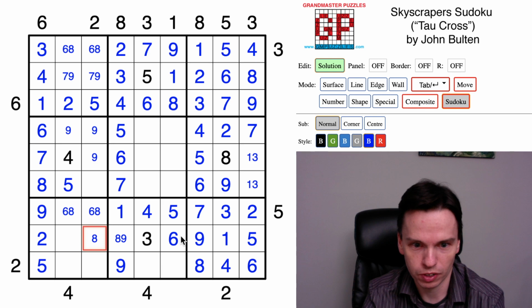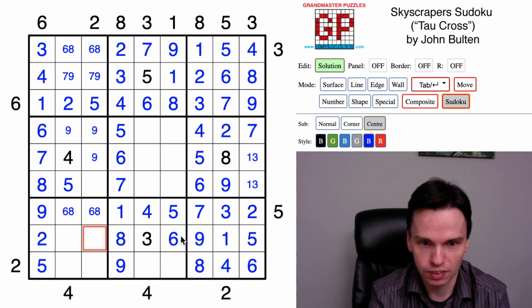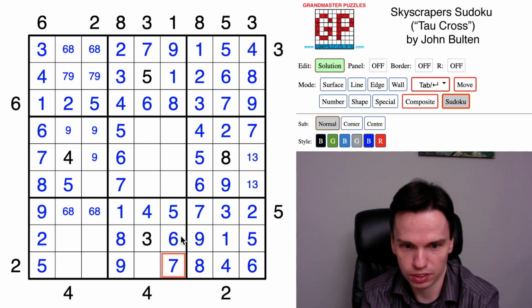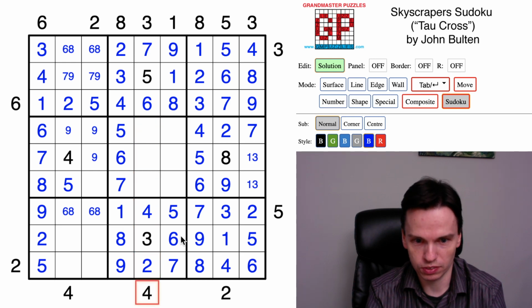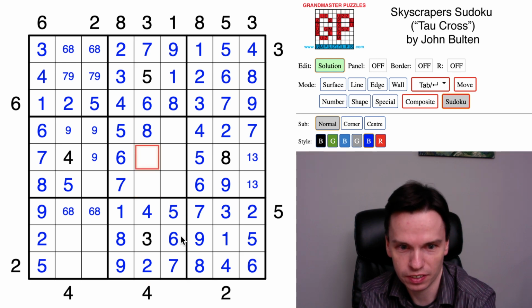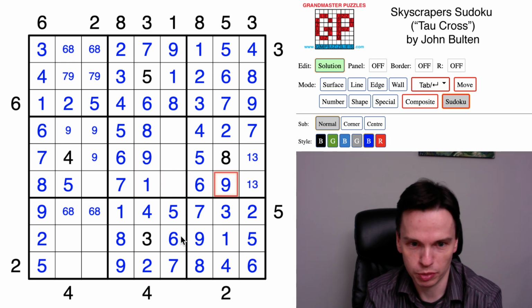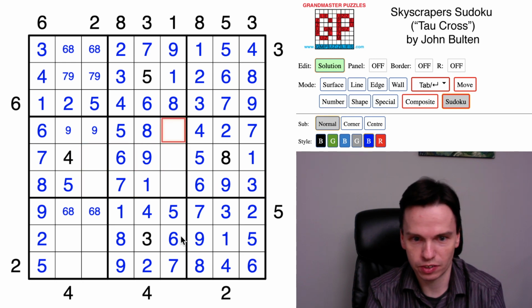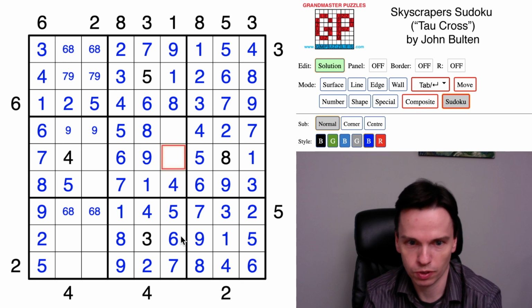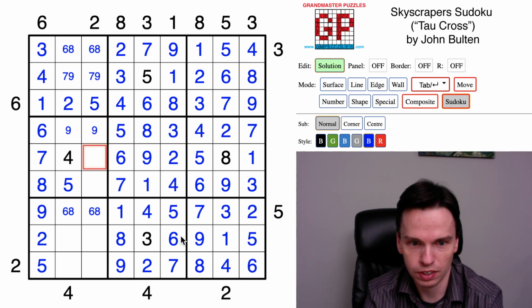Completing that box with 1, completing this with an 8. We have 2 and 7 to go here, 7 to the right, 2 over here. We've got 1, 8, 9 to go, but we only see 4 buildings from this clue, so the 8 has to be higher, and the 9 next, and 1 in the bottom is just fine for it. That finishes this out. We've got 2, 3, 4 to go here, 4 down below, 3 and 2,